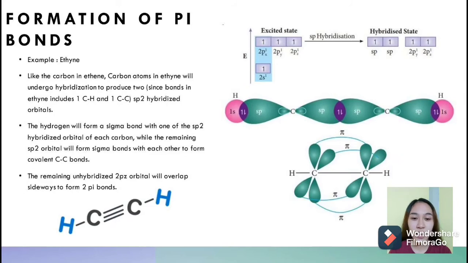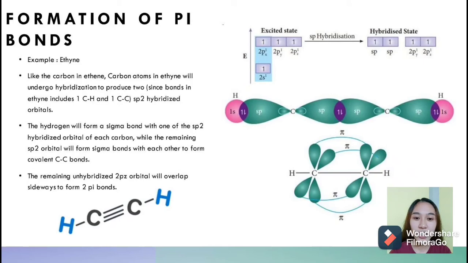And in the case of ethyne, we will only use 2 hybridized states because carbon here will only attach itself or form sigma bonds with hydrogen and carbon-carbon atoms. So we will have 2 sp hybridized states and the 2py and 2pz valence electrons will remain in the unhybridized state. So after these 2 hybridized states of carbon, it will now form sigma bonds with the 1s orbital